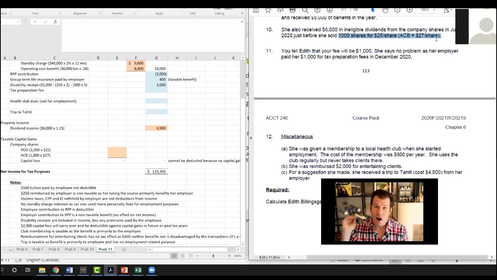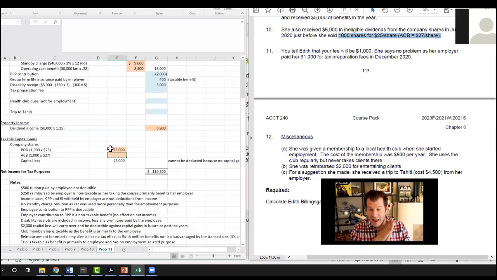Capital gains are when you buy a thing and sell them for a higher price. Totally different, okay? Although I can see how you might think they were related. So for the taxable capital gains, which we're doing right here, and there's property income right here, we're just going to take our proceeds of disposition. Well, there's 1,000 shares. We sold them for 25 bucks a share, equals 25 star 1,